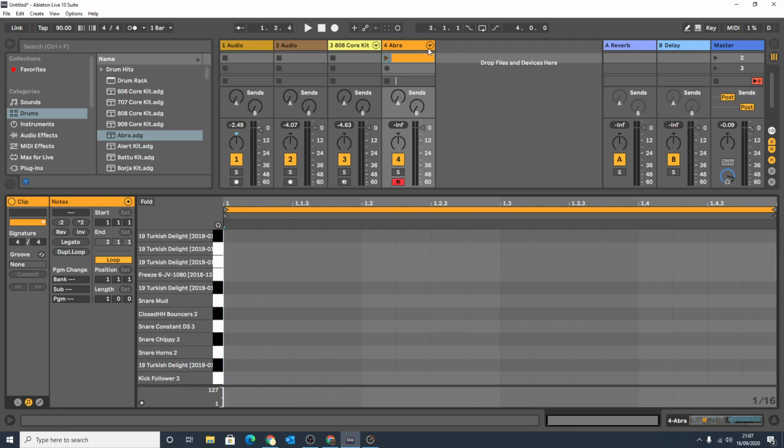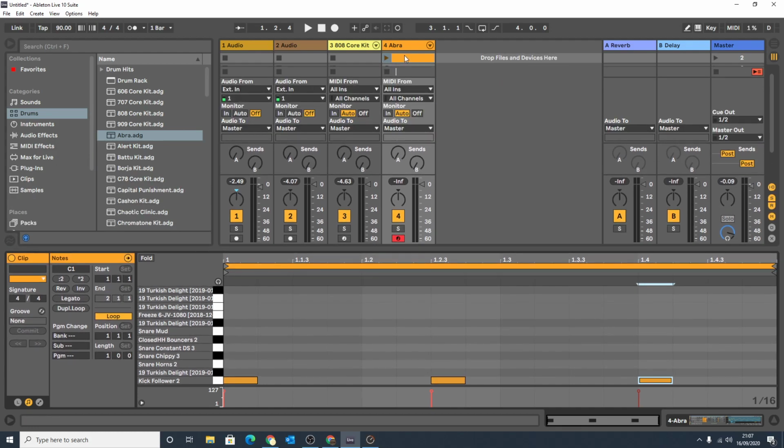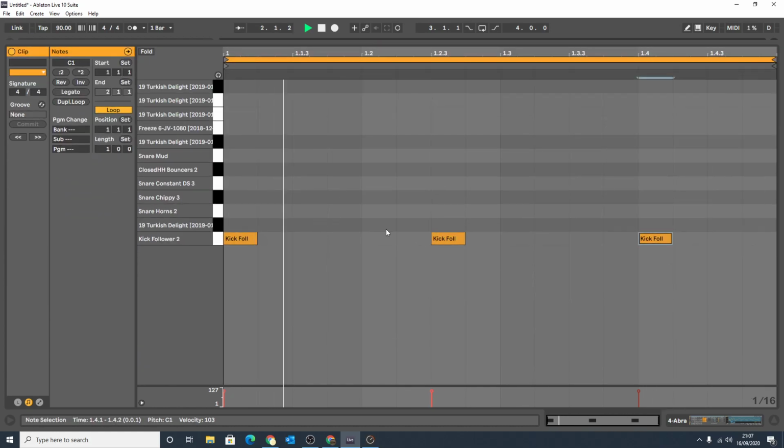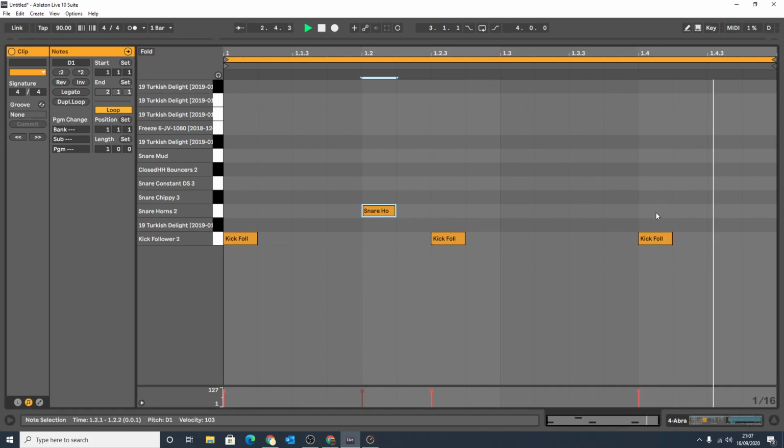So if we just program a quick beat. Now to program is very easy. You can just double click in here. You'll see there's a very faint grid in there. So you just double click and it will input it. And if I press play, you see we talked about this, but look, I've got a nice little play button now. That triangle we all know means play. So if we put a little snare in there,